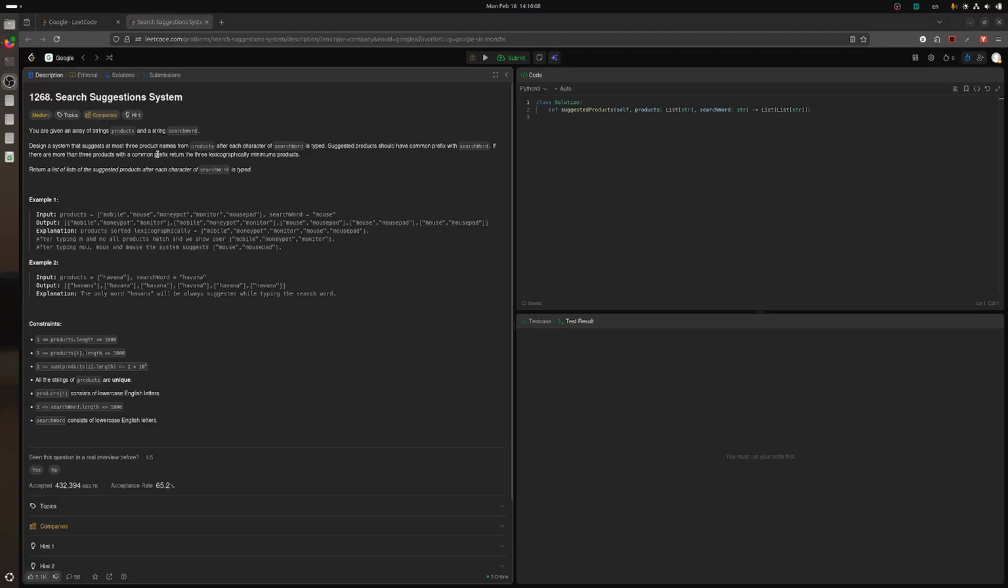So today we are doing search suggestion system. You are given an array of string of products and a string search word. At most 3 product names after each typed character which have common prefix. 3 minimum ones. Okay, so